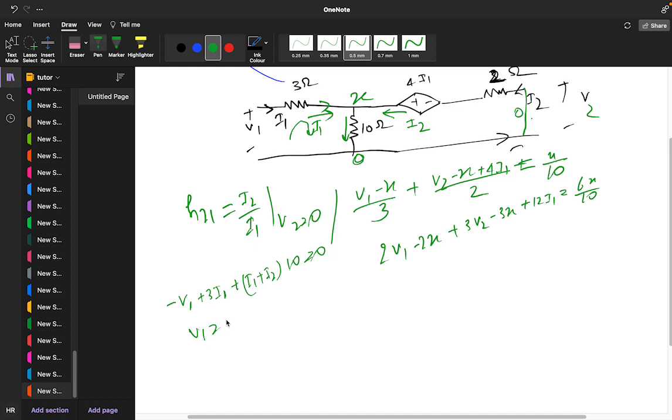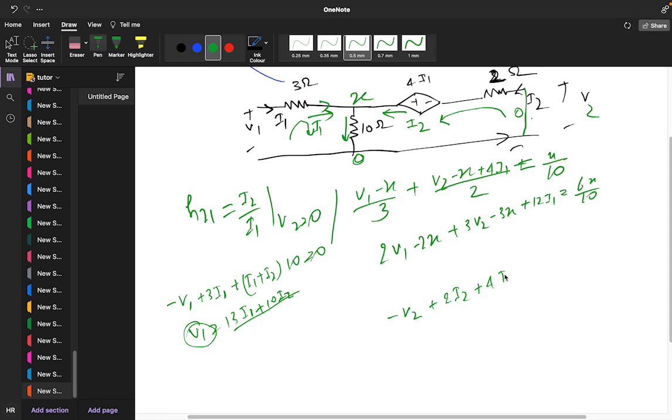So the V1 value we are getting is 13 I1 plus 10 I2. Now apply the KVL in this branch, that is minus V2. Minus V2 is nothing but 0, plus 2 I2